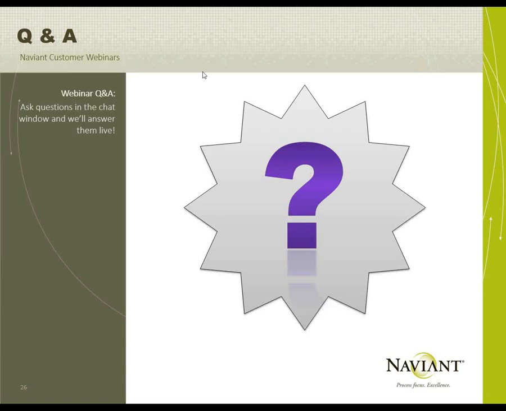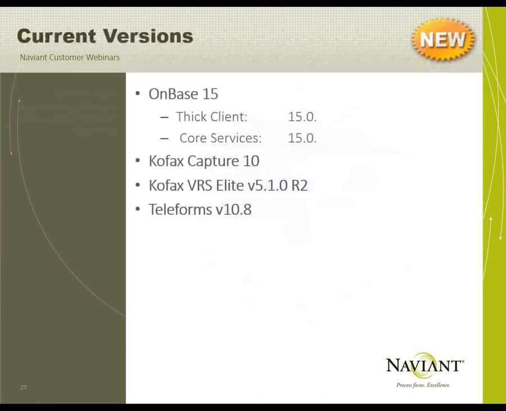15 is a pretty big release. It's got a lot of good stuff in it. And as always, you want to put it in your test system and run it through your environment to make sure everything works as you would expect, and then put it into production. 15. We're not sure what version it would be by the time this webinar launches. Yep. The current version is